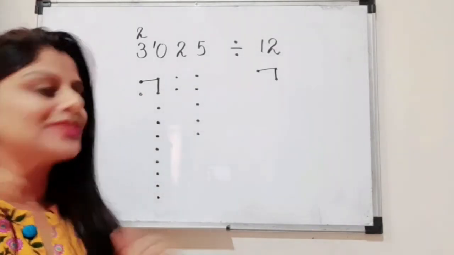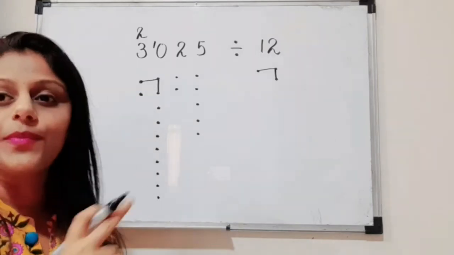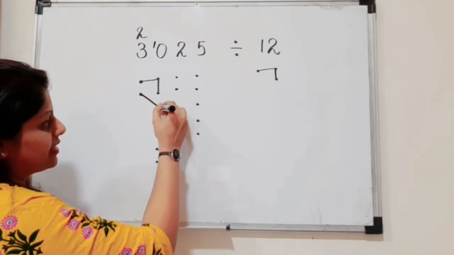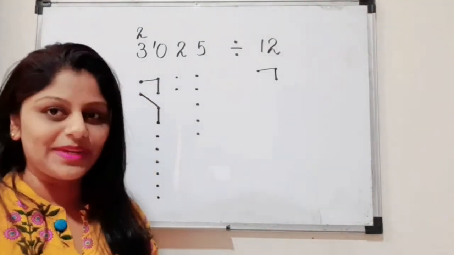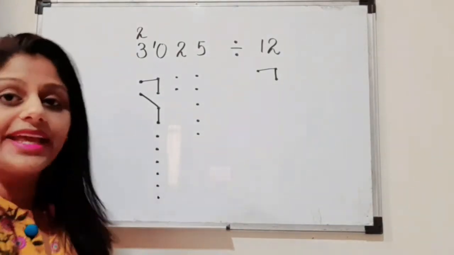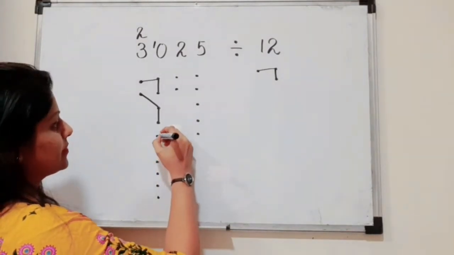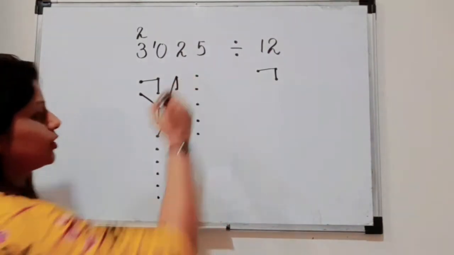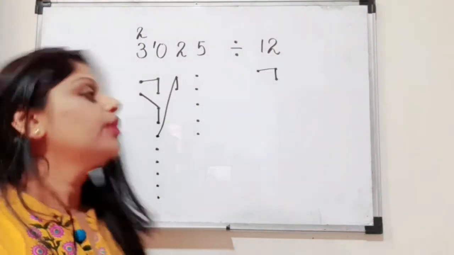So first part is over. Second, in first we will take 1, so we have one more point in the first column. So in the first we will take 1, and in the second column we will take 2. So now we can see the first column is completed. We don't have any more dots remaining in that. So we will move to the next column. So in the next column we will take 1 dot, and in the next column we will take 2 dots. We have taken 1 dot, and in the next column we have taken 2 dots.